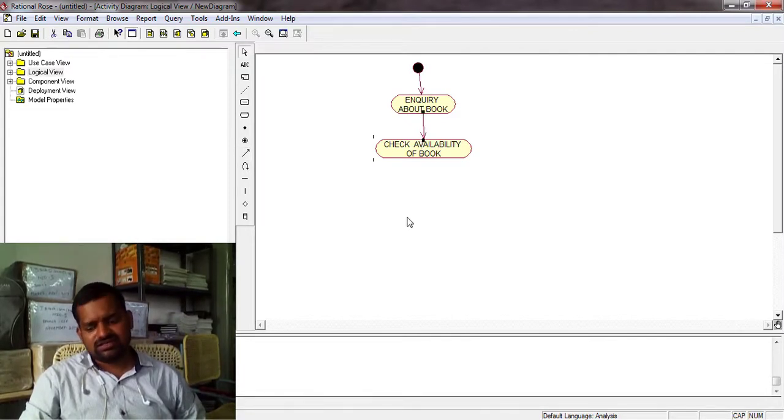Availability is being checked. If the availability is valid, draw from here to here. If it is not valid, you use the direction from here to here.